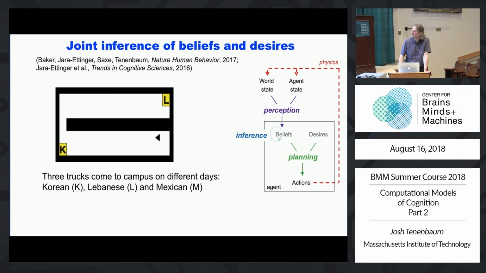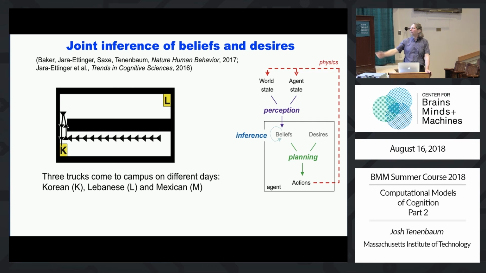Okay. So what do they do? Well, let's see. They go towards, but past, the Korean truck, to the other side, where now they can see the Lebanese truck, but they turn around then and go back to the Korean truck. Okay. So the question is, what's their favorite truck? Mexican, yeah. Isn't that interesting, right? Okay, what's their second favorite truck? Some of you might have been tempted to say Korean. You had to remember that Mexican was an option, right? But if you did, it's interesting that you know that, right?